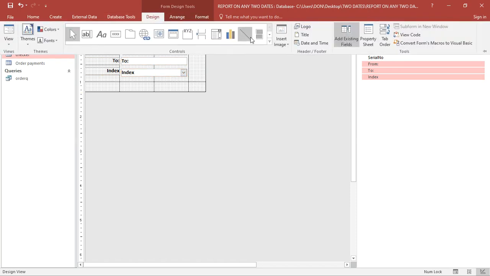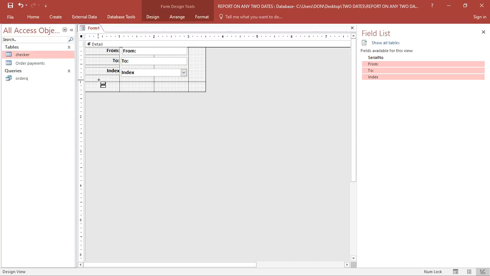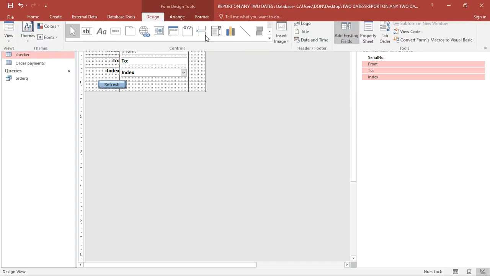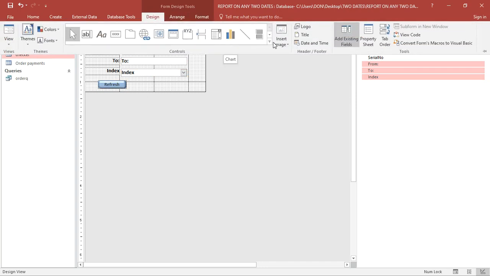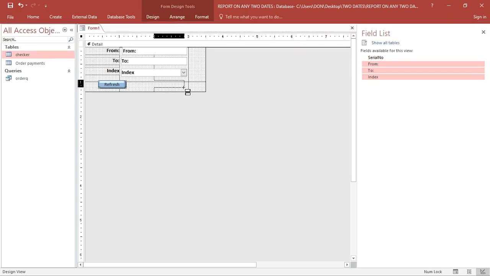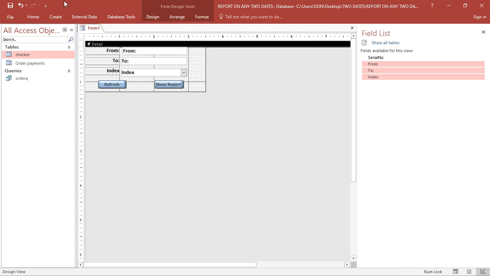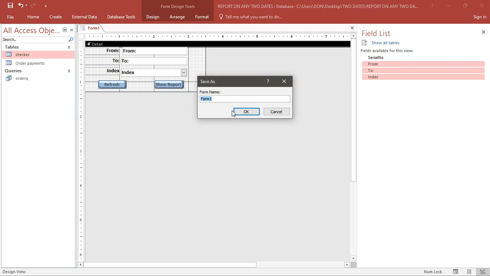So I go to design, I use toggle button, can just draw 1 button there. This one I just call it refresh, that is refresh. Then again draw another button there, this button here. This one you can just click on show report or open report. So once I am done with this one, I can just save this one as my filter form